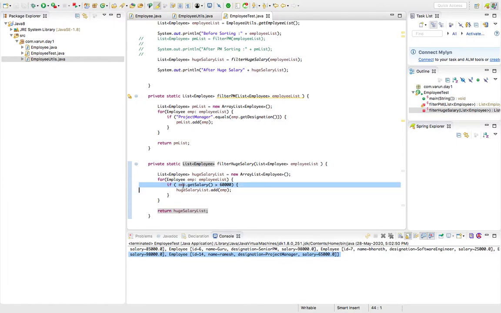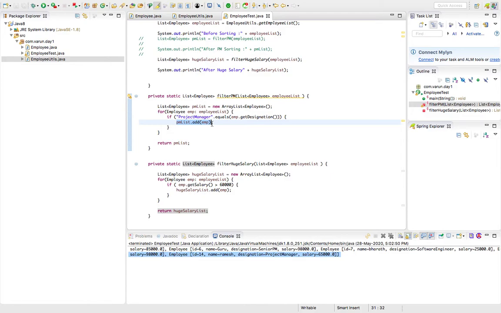Here based on the salary we are returning a boolean value, and here based on the designation we are returning one more boolean value, and then adding those employee objects to the corresponding list. Fine. So in Java 1.8 we have a concept called a predicate. A predicate is basically a functional interface which has one method called test.